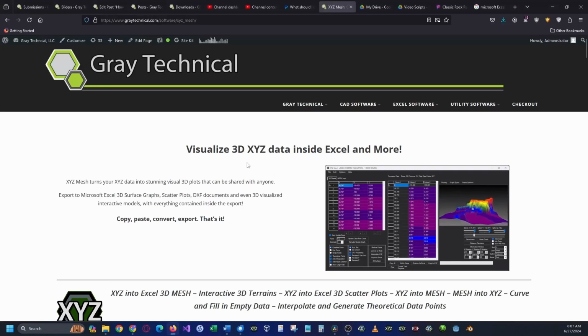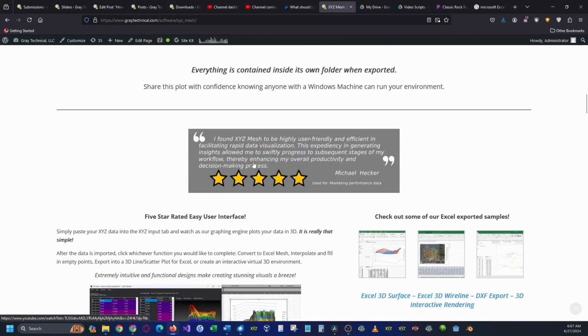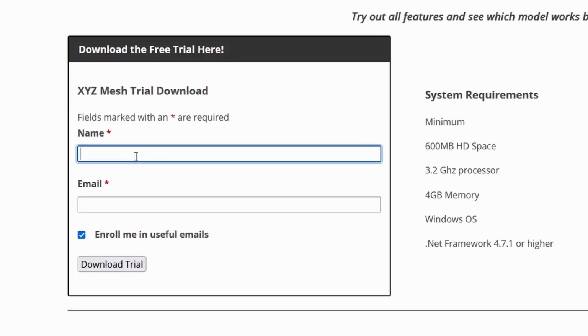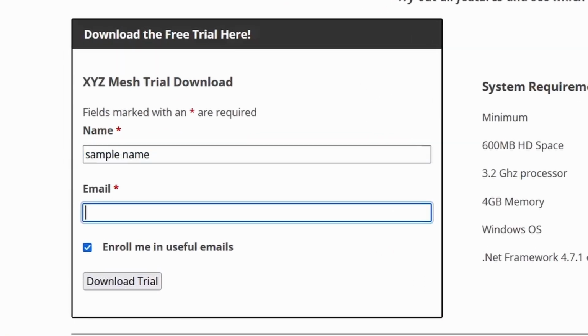As mentioned before, XYZ Mesh version 10 comes with a fully functional 5-day evaluation period before the standard trial is activated. This evaluation period allows users to obtain and try out all the features of XYZ Mesh before they purchase to see if the product is the right purchase for them. To obtain your free copy of XYZ Mesh, navigate to the main site and scroll down until you see the black border box that reads "Download your trial." Input your information, or if you would rather not, just type in a fake email and your link will be